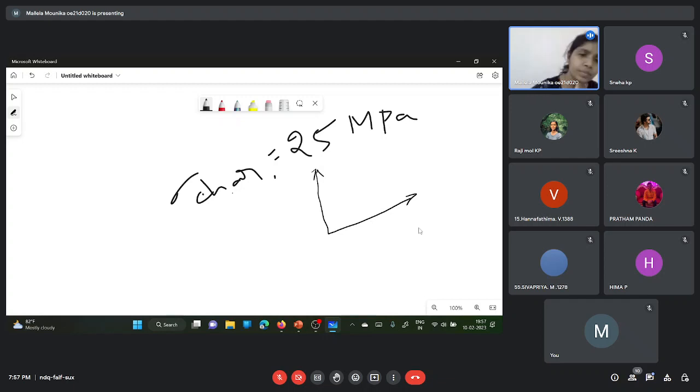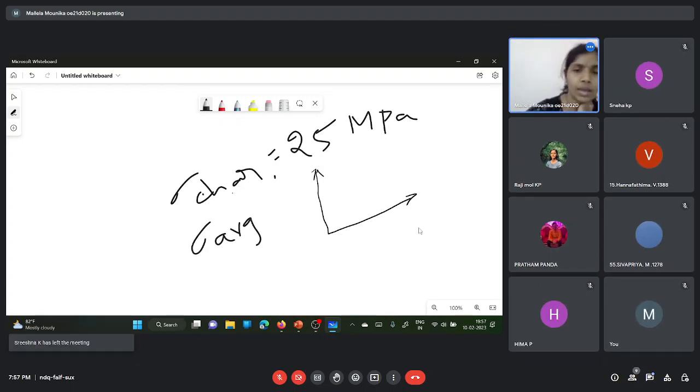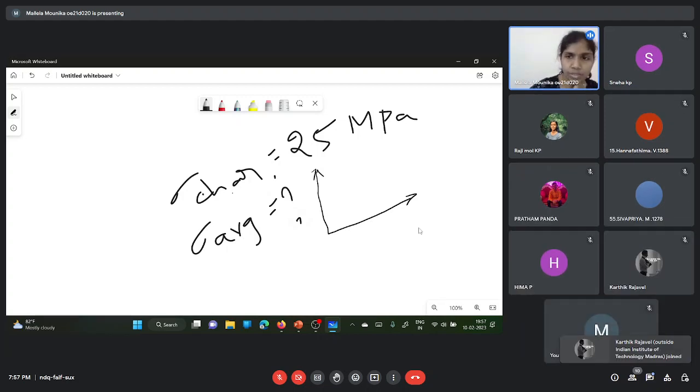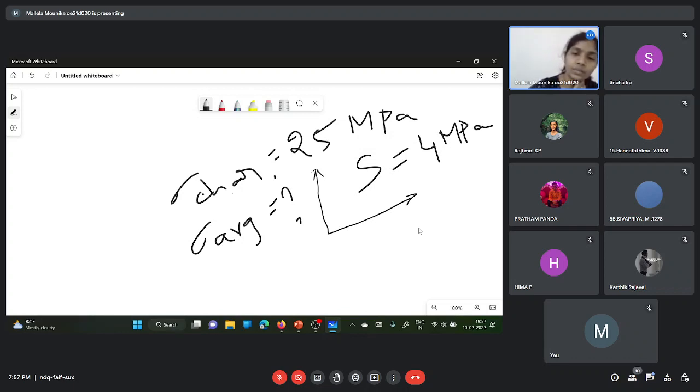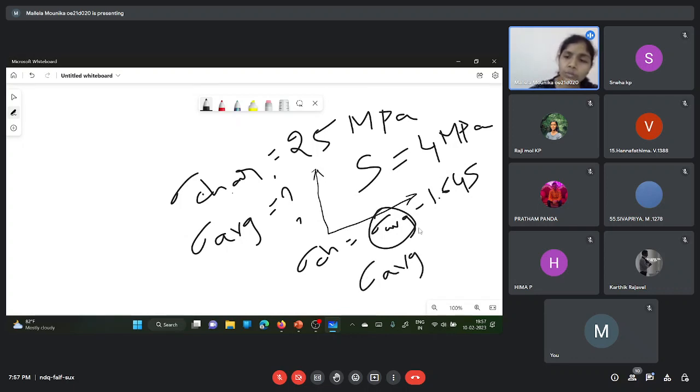So you have sigma average unknown and you know the standard deviation. Standard deviation is equal to 4 megapascal, right? So now you know sigma characteristic is equal to sigma average minus 1.64 times the standard deviation. So now to find out the sigma average, what you have to do, sigma average is equal to